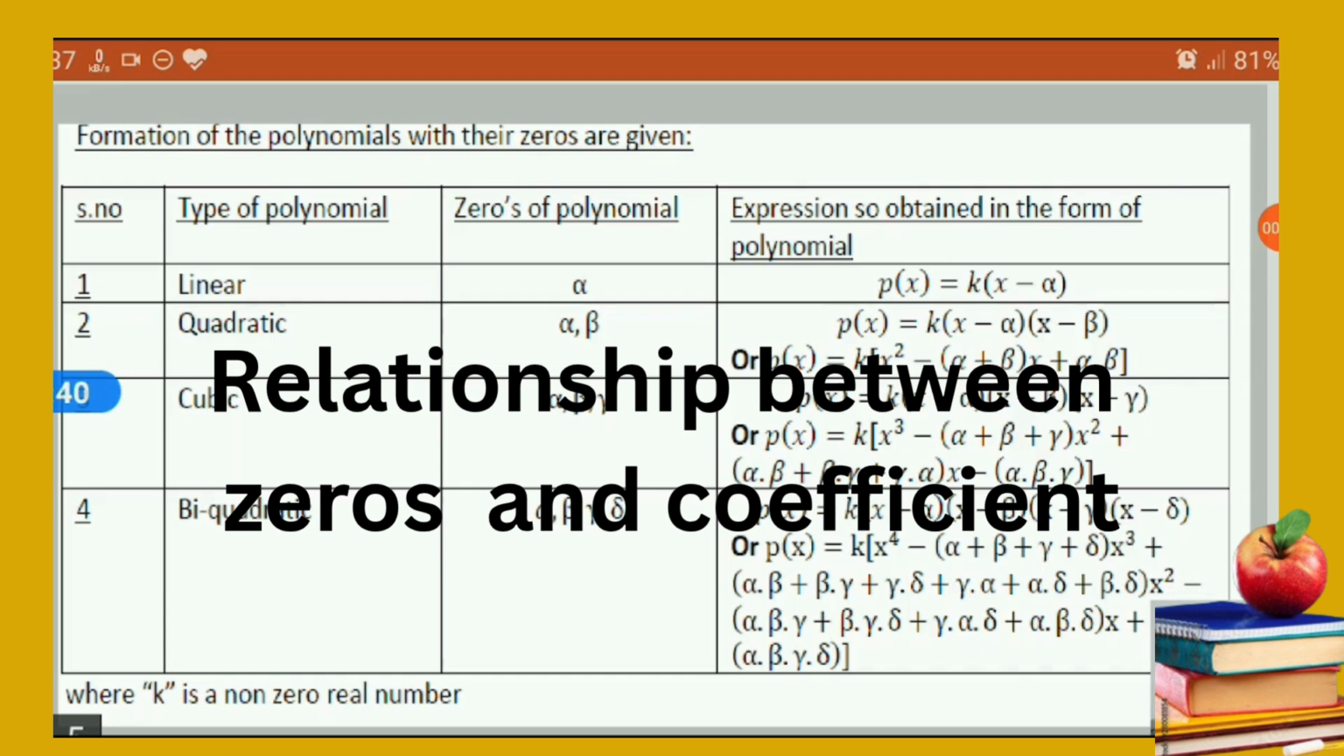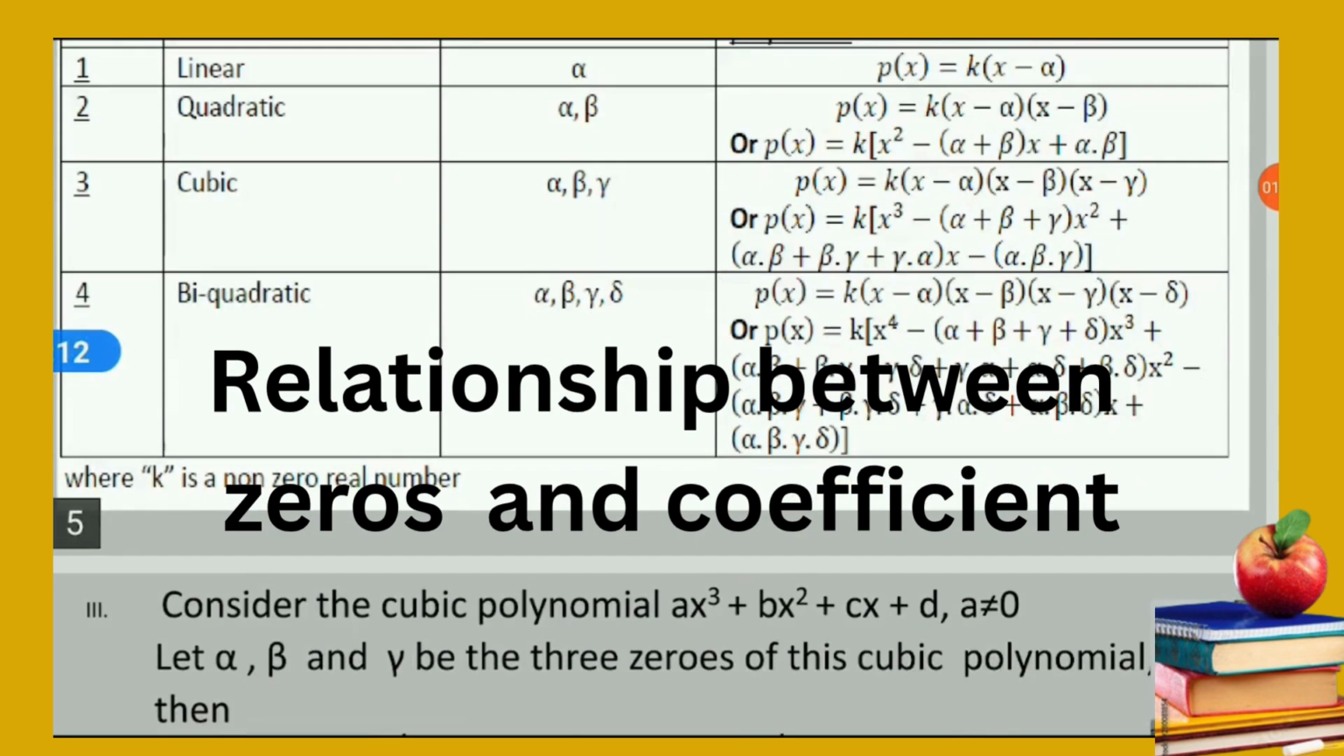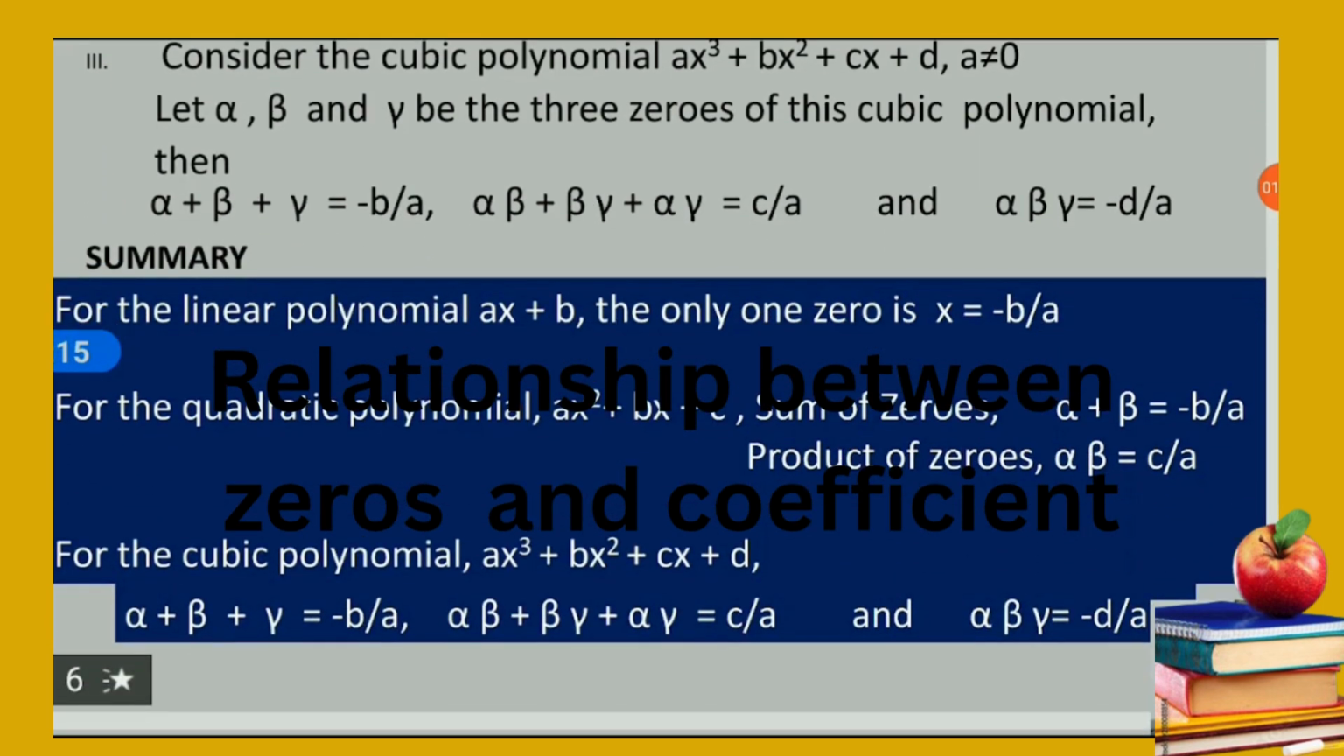Hence we can write the polynomial as k(x − alpha)(x − beta)(x − gamma). By expansion we can get p(x) = k[x³ − (alpha + beta + gamma)x² + (alpha beta + beta gamma + alpha gamma)x − alpha beta gamma]. By equating coefficients, we will get the solutions for the cubic polynomial ax³ + bx² + cx + d: